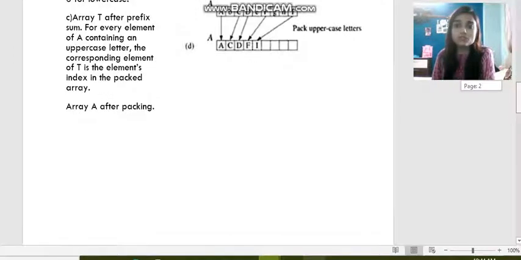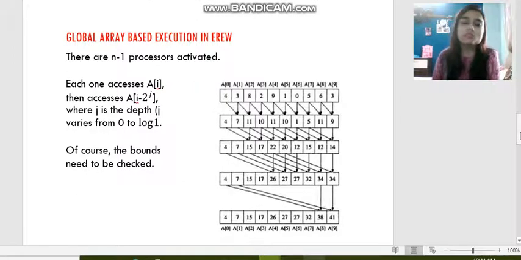Now next we will see how this prefix sum is performed in the PRAM machine. If we have taken an EREW PRAM machine, then how is the prefix sum done?